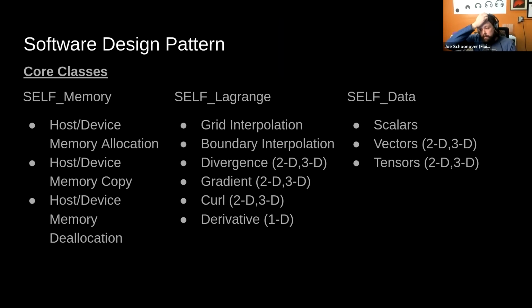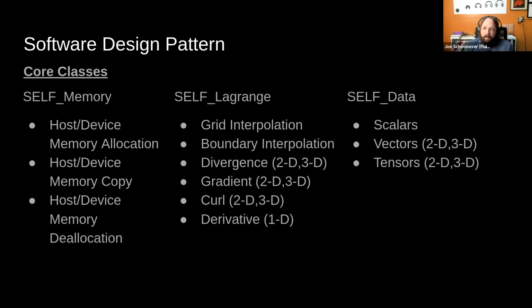Now, in terms of the software hierarchy, this is where it really starts to matter for us, because it took a lot of thinking very carefully about how to lay out some of this stuff, because we wanted to run both on CPU and GPU. And once I get into how we do this with HIPFort, I think this will start to make a little bit more sense. But at the very bottom end, we ended up having to make a class we call